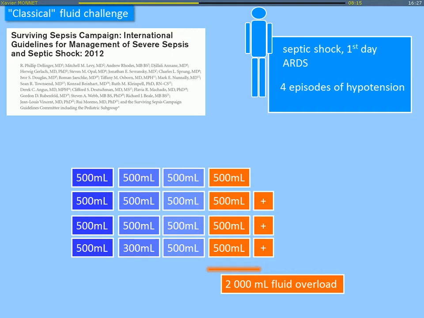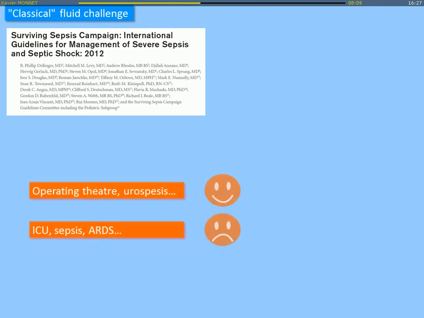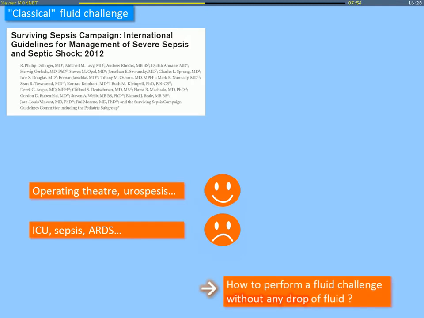This is obviously fluid overload. And that's why I believe that the classical fluid challenge may be dangerous in such patients, not in the operating theater or perhaps in patients without lung impairment, but in ICU patients, complex patients with ARDS. I think that this is dangerous. And so in such instances, we need something that would allow us to predict fluid responsiveness without administering any drop